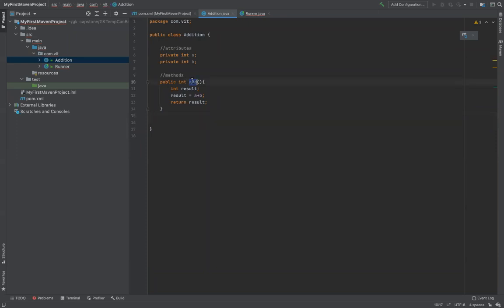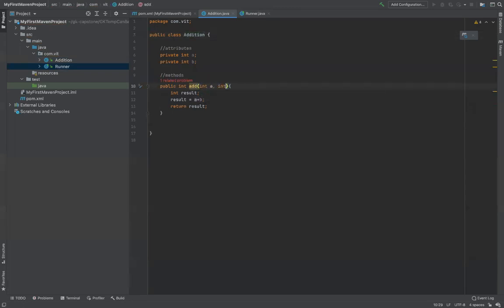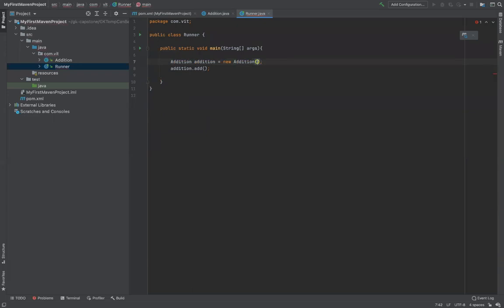In this case, this is needed. That's why I marked this as public. So I will simply say dot add, and that's it, right? But the problem is what it will add, because I'm not passing any value here, right? So there are two ways to pass a value. One, I will simply say int a and int b. When I do that, I don't have to use this, because I'm just passing two values to a and b, and I'm just adding them, and it will just add these two values 2 and 3. I'm passing these as arguments, right?